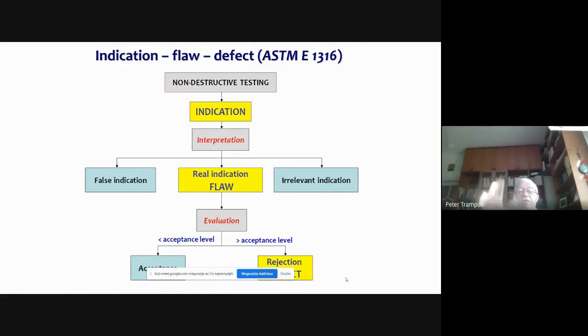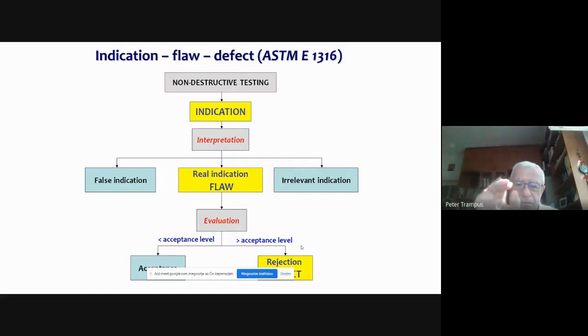This is the scheme which starts with the non-destructive testing, and then depending on the method, the indication can be something on the screen, an echo, some areas, some Lissajous curves, whatever, or can be something on the gray scale in a film or a digital detector array, depending on the method.